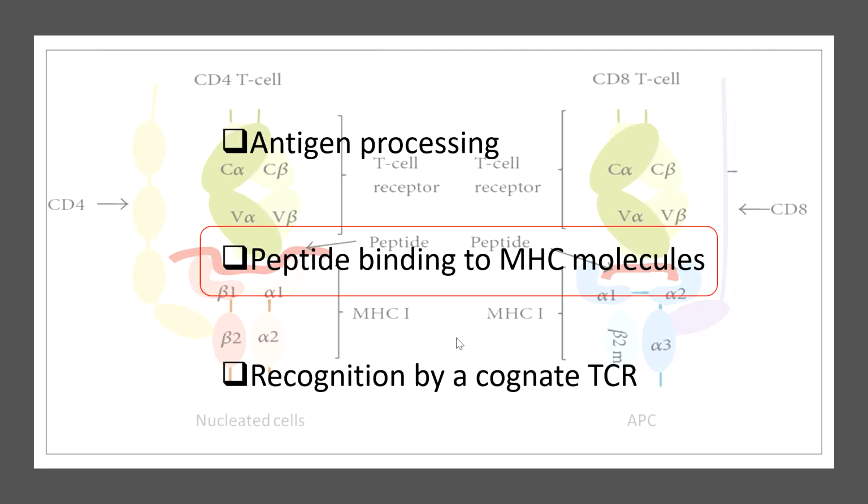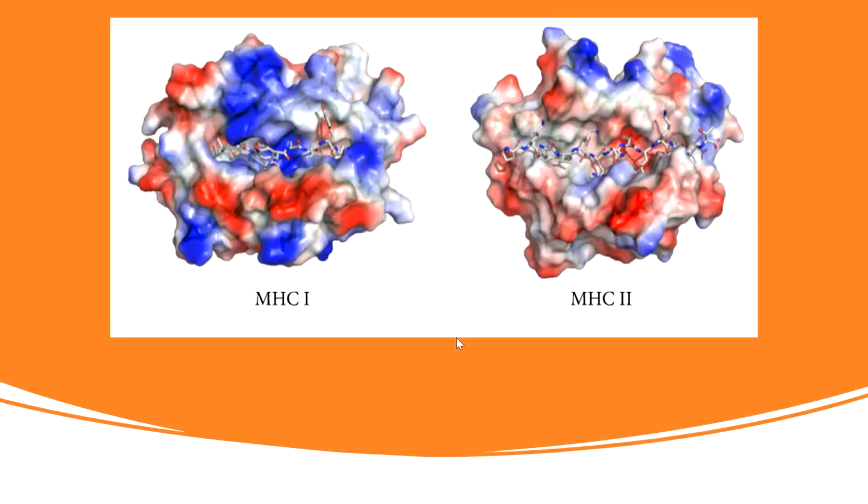Okay, so let's talk about prediction of peptide MHC binding. We have seen that peptide binding to the MHC molecule is the most important portion. Now MHC class 1 and class 2 molecules have similar 3D structures, with bound peptides sitting in a groove delineated by 2 alpha helices overlying a floor that contains 8 antiparallel beta strands.